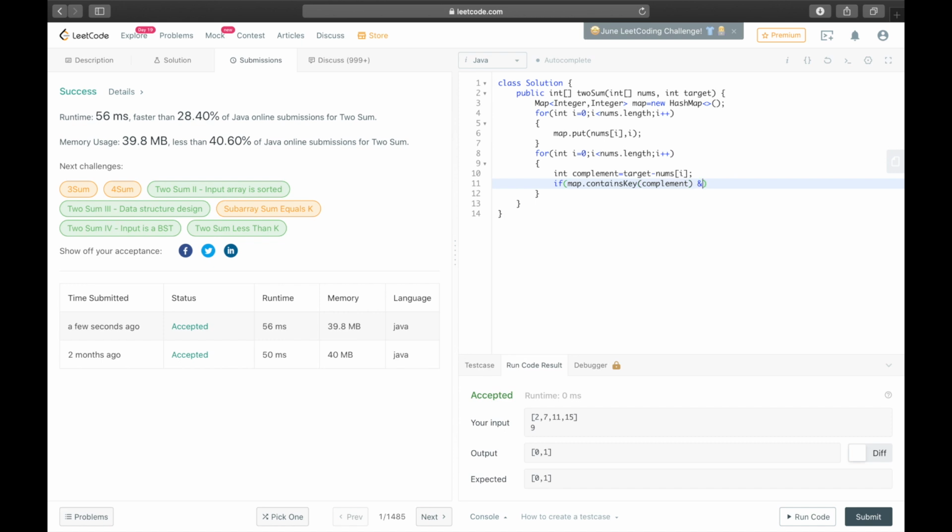And we also need to check that the complement value is not equal to the value of the index position. So we use the get function for that. We find out the value for complement and check if it is not equal to i. Once we do that, we return